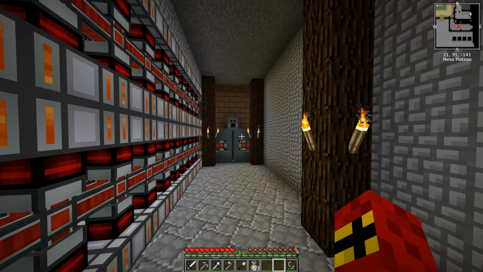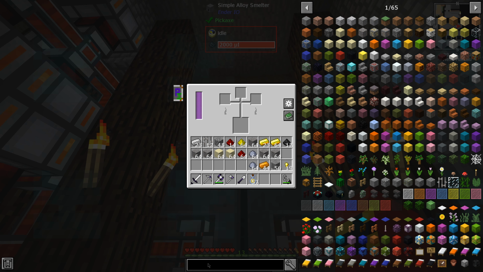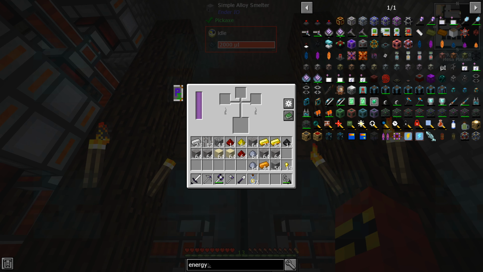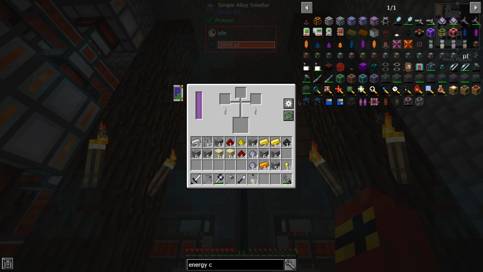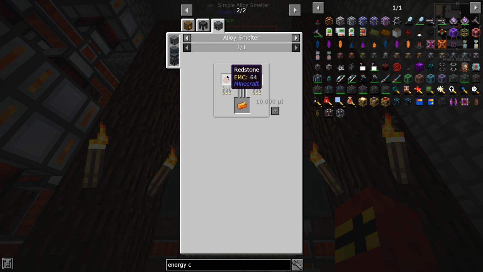We can bring it in here and we can just drop it into this alloy smelter. We right-click the alloy smelter. If we have a look back at it, if we just take a quick look at it. And what was it? It was the energy conduit. Yeah, that's right, the energy conduit. There we go. We got quite a few of these ones. But if we look at the enhanced one, it requires this energetic alloy, which is simply redstone, gold, and glowstone